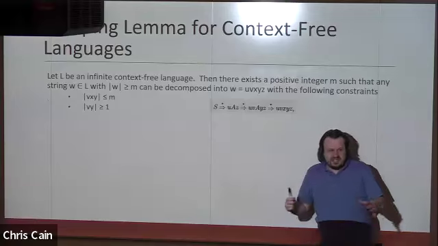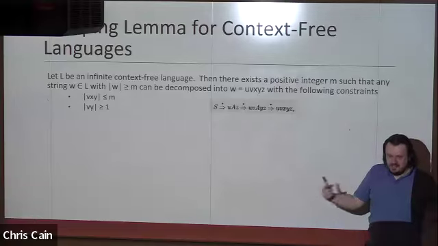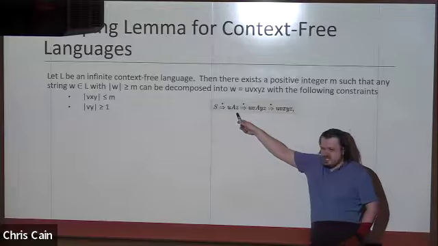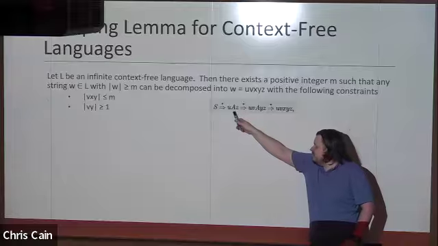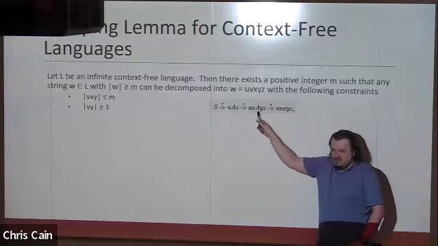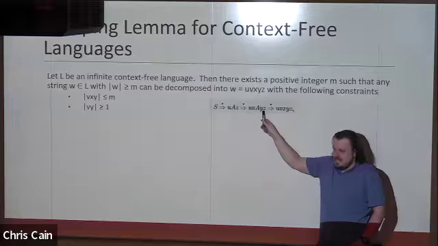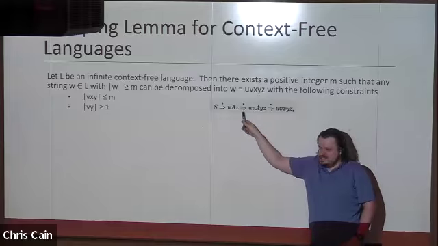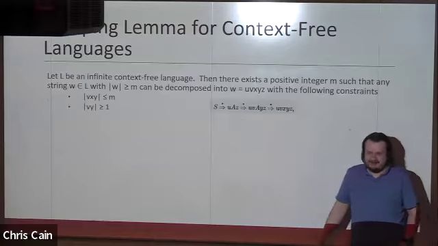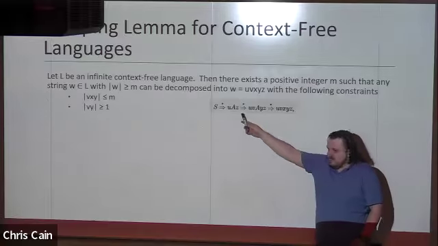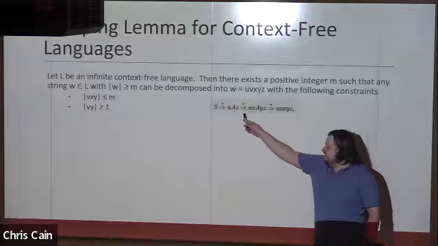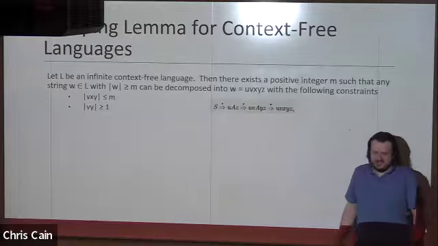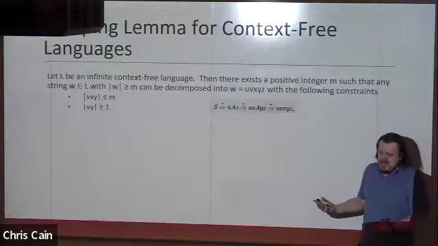So the part of the string that is created by the time we reach that recursion is the string UZ. We hit the recursion. By the time we get back to that recursion, we've created the string VY, and that is inside of UZ because the recursion was inside of that. Do note that U can be empty, Z can be empty. There's nothing that says that these characters all have to exist. It's just a substring that may be of length 0.